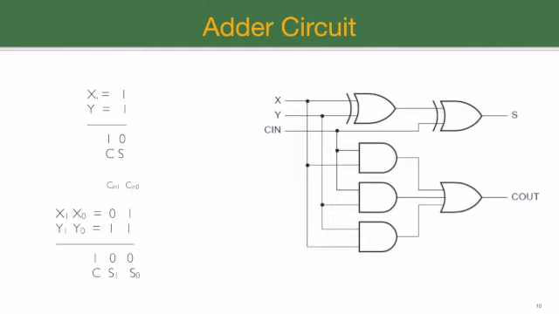What is shown here is the circuit for the add operation. Okay, just to recap, what is add operation? If we have an input x, 1 bit, and the second bit y, and the value of x is 1 and the value of y is 1, then adding these two bits will produce a result of 0